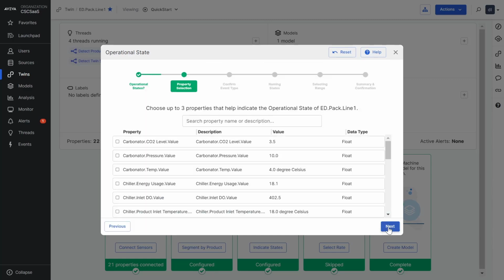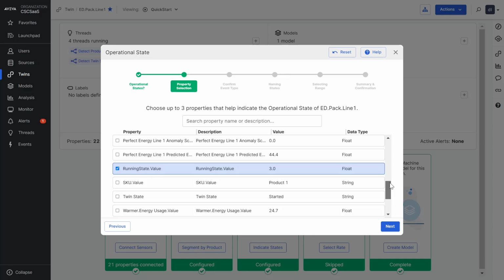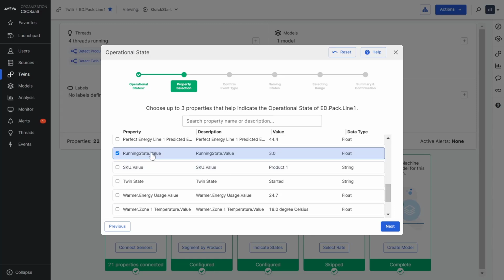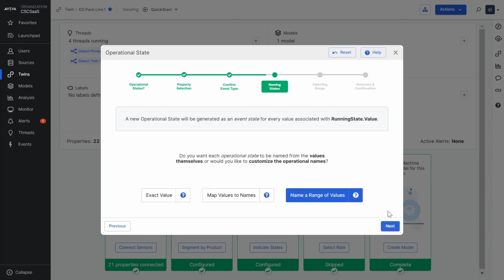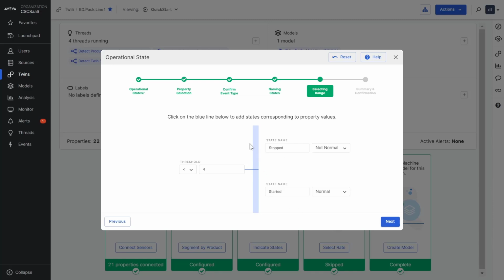So when I hit yes and next, I can pick which of my data streams, in this case my running state, should be used to inform the model of what the actual operating state of the equipment is and whether it should include or filter out data. So when I hit next here and I define a state, I can say that I want to map this input to different operational states based on a range of values. So if I hit next here, I can say that I've got multiple different codes, code 0, 1, 2, 3, 4, 5, and above. But if it's below 4, that corresponds to a stop state. Anything else, the machinery is started. And so take into account this started data, but if the machinery isn't started,